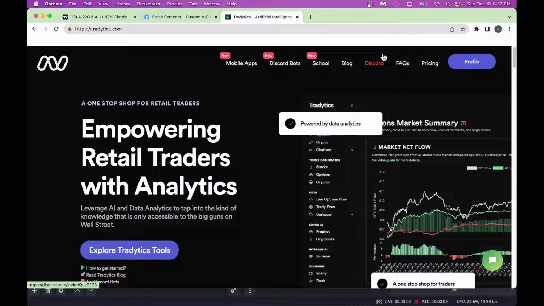In today's segment, we'll take a look at one of my favorite option flow platforms. It's called Tradytics. It's a good platform, with a lot of analytics. If you like to see nice looking charts, nice looking graphs, this is the platform for you. They basically give a lot of importance to depicting things in a graphical, pictorial fashion. So if you're a visual person, you will really like tradytics.com.